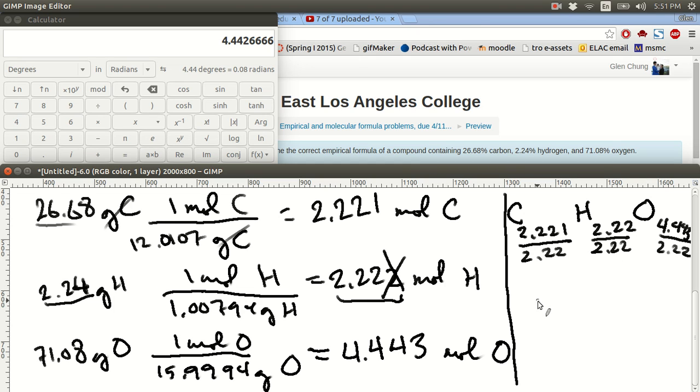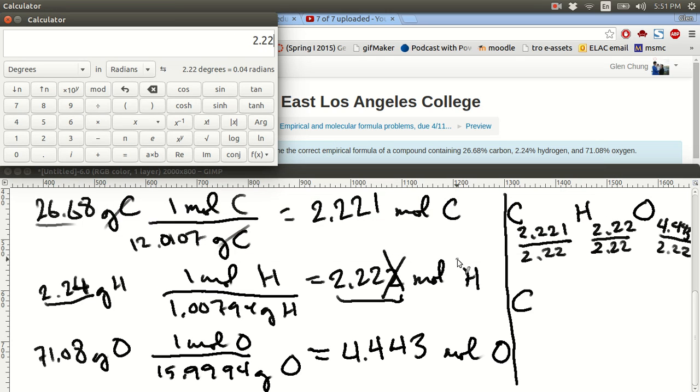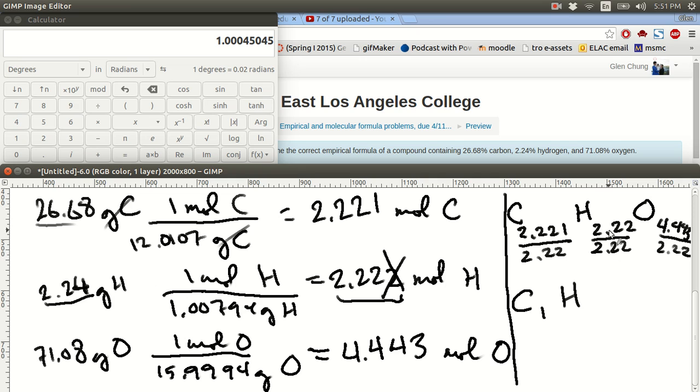Okay. And now, let's find the answers. 2.221 divided by 2.22. You see that? That is why it is necessary to be careful with the significant figures. You need to have an answer here that is a whole number within 0.01. This is a whole number within 0.00045. So this is good. This is just C1. H, well, of course, 2.22 divided by 2.22, they cancel out. This is just 1. And the O,